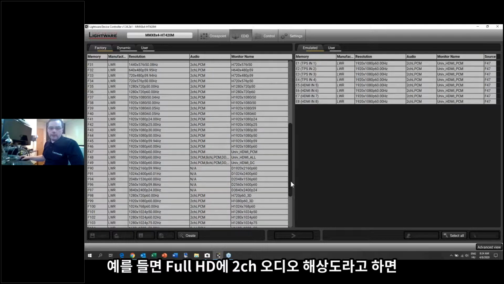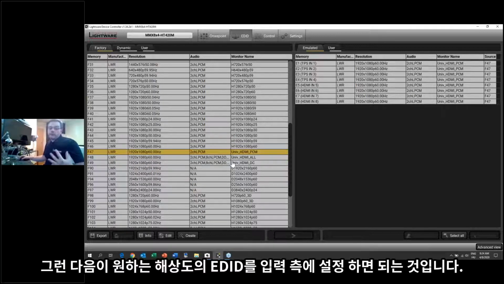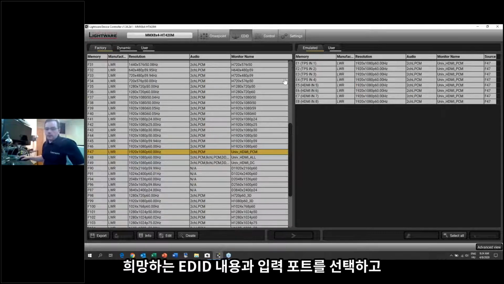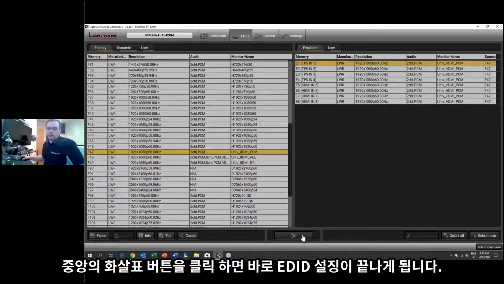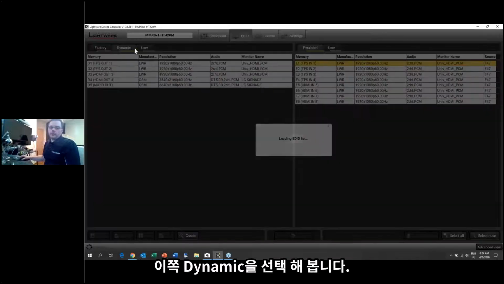Let's say I would like to have full HD resolution with 2-channel audio. Find this one, this is F47. To emulate the EDID on my input port, to put that EDID on the source side, I just need to select that source and use this big button, click on that, and it will be emulated there. Or if I need to have a display EDID emulated, then I can click on this